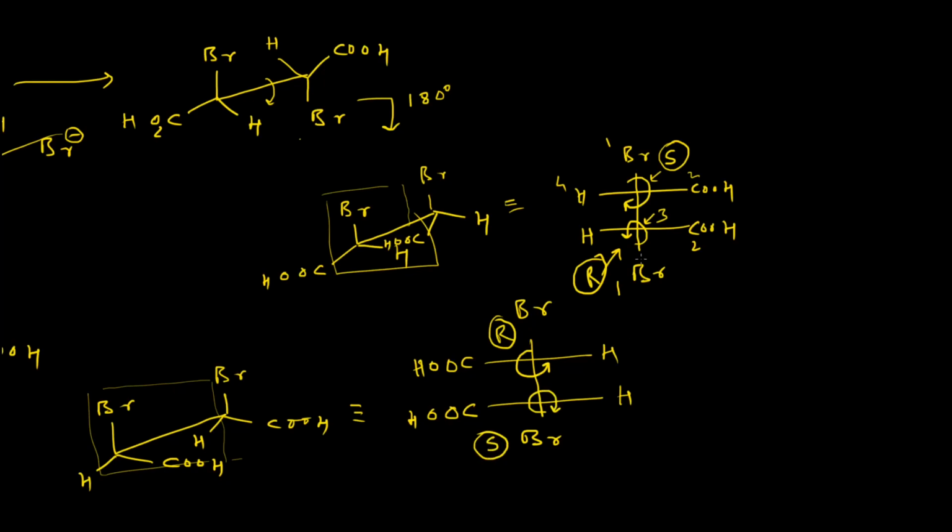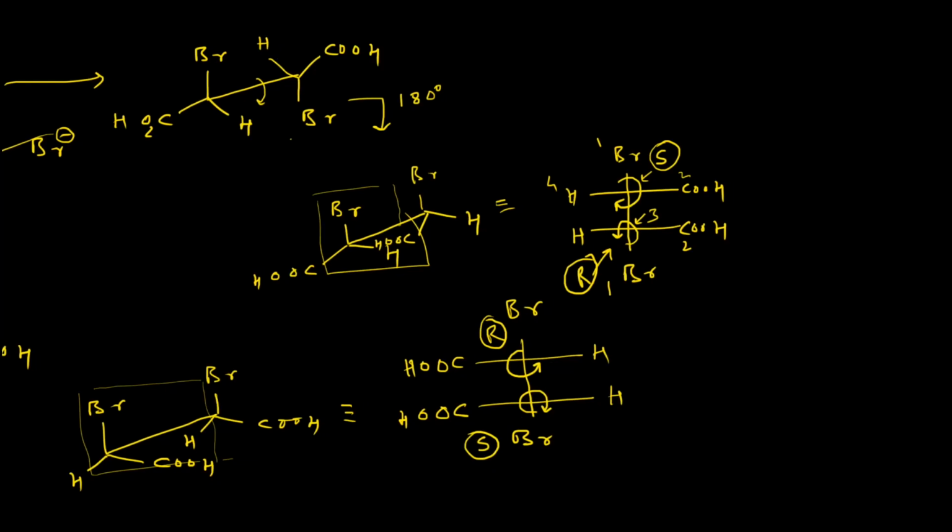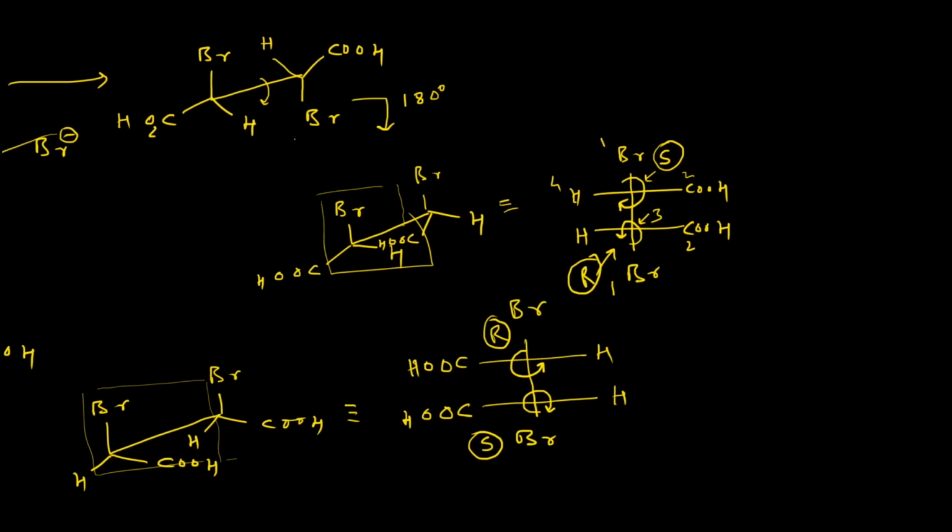So these are the stereochemical outcomes of this particular bromination reaction. I have shown you every possibility, that is, every stereochemical description: Sawhorse projection formula, then transformation of Sawhorse projection to the Fischer projection formula, and finding out the absolute R/S configurations. So that's it. These will be the products for this particular reaction.